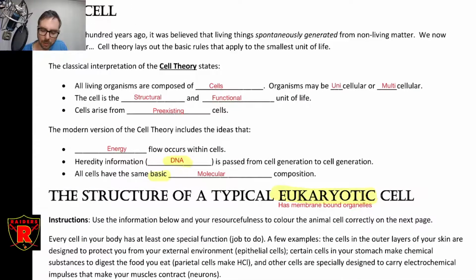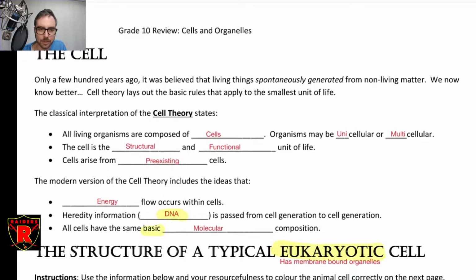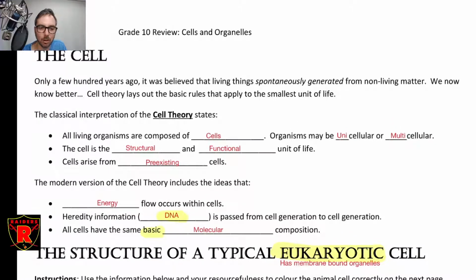So you guys would have talked at least a little bit in grade 10 about the idea of cell theory. And all that means is that all living things are made out of cells. Yes, all of them. And we don't count viruses. So definitely all living things, as far as we know, are made out of cells on Earth. Remember that a theory, or at least a scientific theory, is backed by all the current evidence. It's an idea of how something works based on all the current evidence. And based on all the current evidence, all living things are made out of cells. Some are unicellular and some are multicellular.